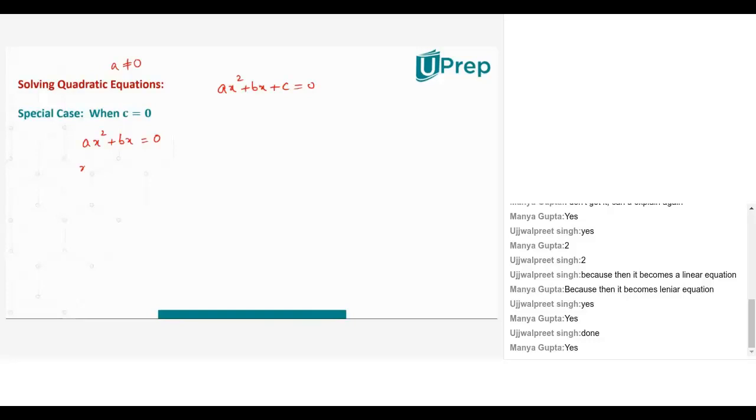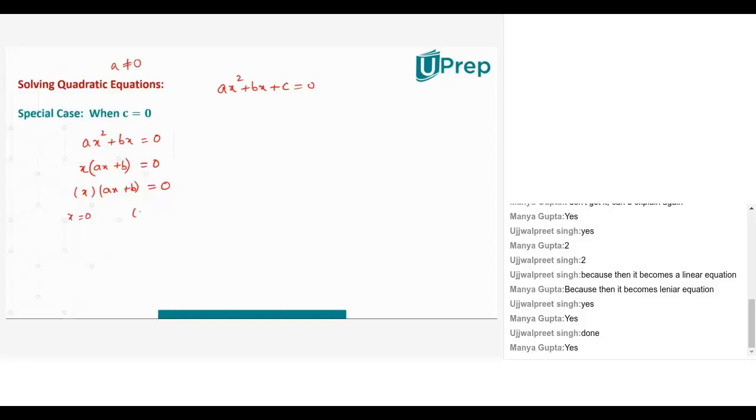This is what we are discussing, methods of factorization. Now if you look, x is a linear factor, ax plus b is also a linear factor. So how many linear factors are there? There are two linear factors present and their product is 0. When will the product of two numbers become 0? If either x is 0 or ax plus b is 0.